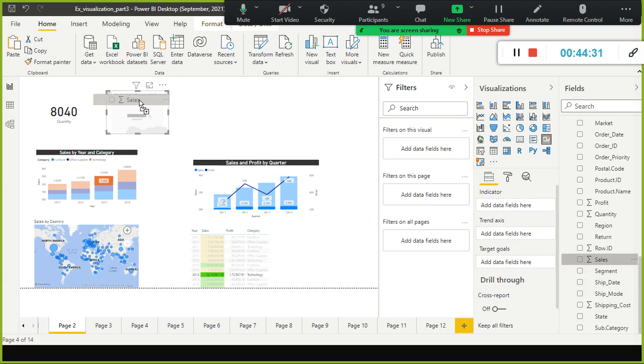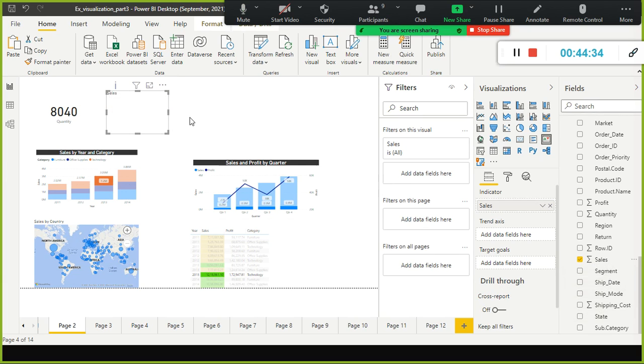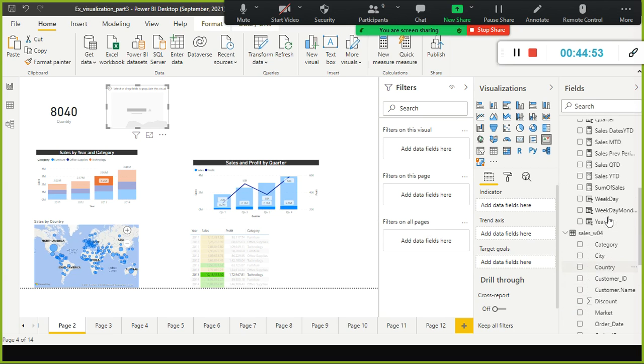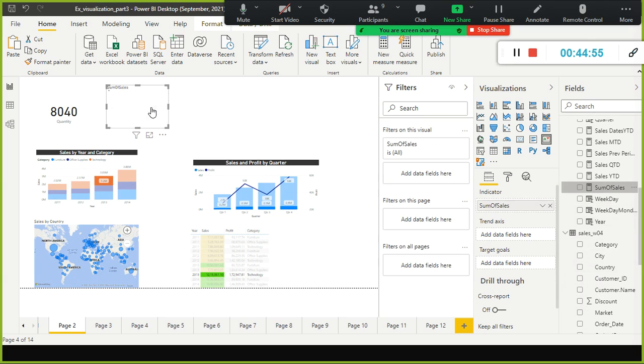Managers should be knowing it. You must be using various metrics. Why is it not showing me the metrics KPI? This is KPI only. This is sales. Or I'll use simply the measure sum of sales. Yeah, it needs both value and trend axis. Fields for both value and trend axis are needed.